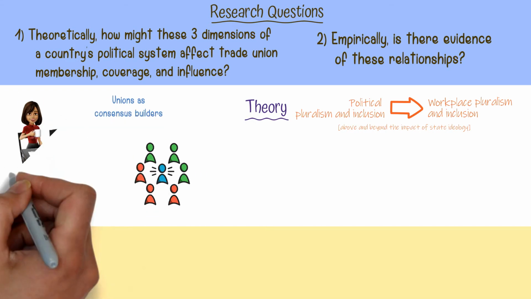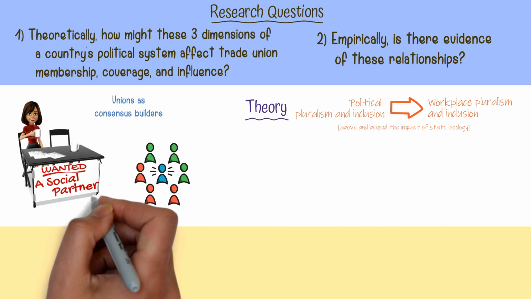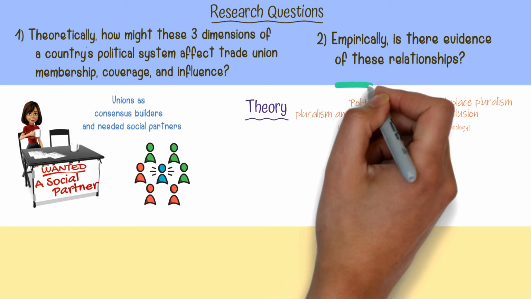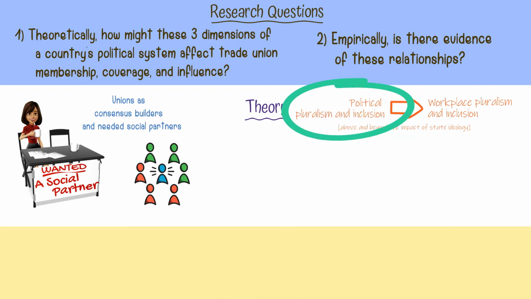Moreover, because it is difficult for any single party to govern in representative and coalitional electoral systems, employers have an incentive to seek influence as a social partner rather than relying on influence within specific political parties. This, in turn, requires the business community to work with, rather than against, the labor movement. In certain types of political systems, then, there is a greater incentive for employers to embrace a culture of inclusion and compromise that recognizes rather than attacks the legitimacy of labor unions.